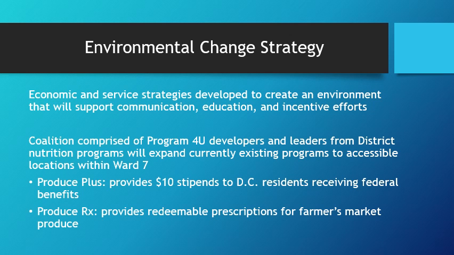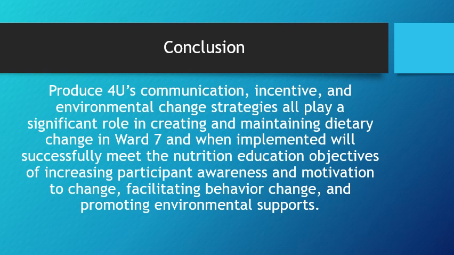These existing programs include Produce Plus, a program providing $10 stipends twice a week to DC residents receiving federal benefits, and Produce RX, a program that allows DC doctors to write prescriptions for fresh produce redeemable at local farmers markets. In conclusion,